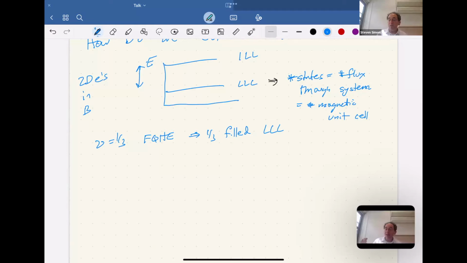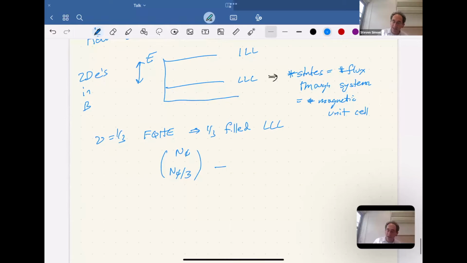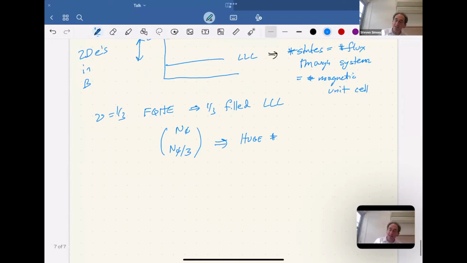So the number of states is macroscopically large. The number of flux is the number of states, and I want to fill 1/3 of them. So it's number of flux, choose number of flux divided by 3, and this is some huge number of possible many-body states that I can make out of the 1/3 filled Landau level. I can fill some of these in an enormous number of different ways. And the thing that saves us is the electron-electron interaction